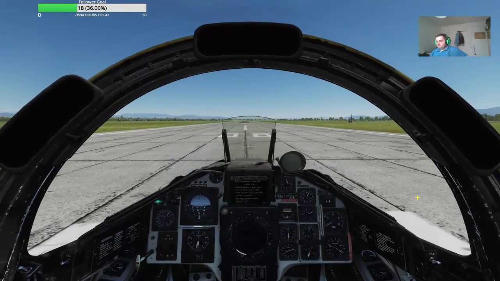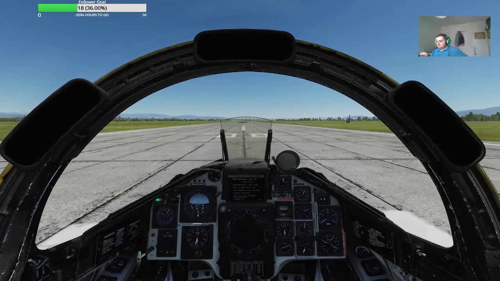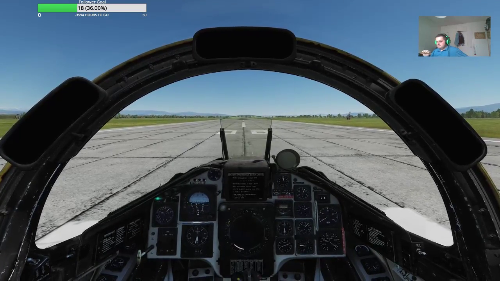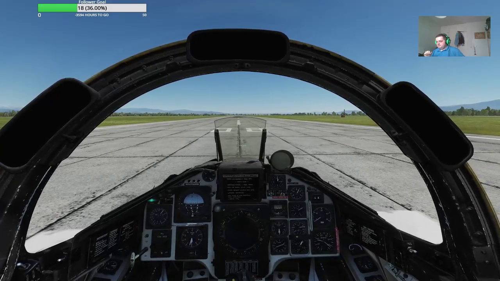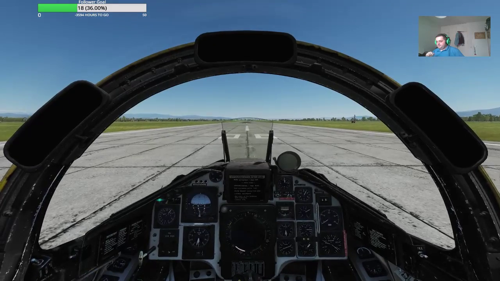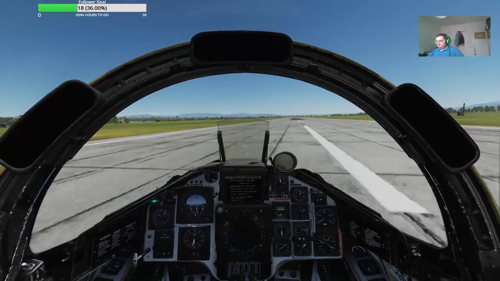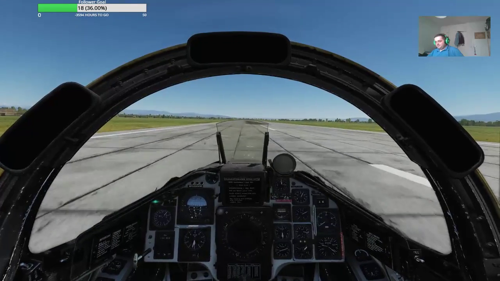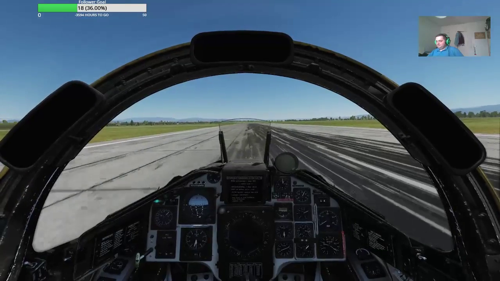What you hear is the radar warning receiver. There are a few radars on this map. Afterburner stage 1, 3, 2, 1, go. See, told you, nose wheel steering actually works. It's a bit of a pain. That's one of the things I don't like about the Viggen, but